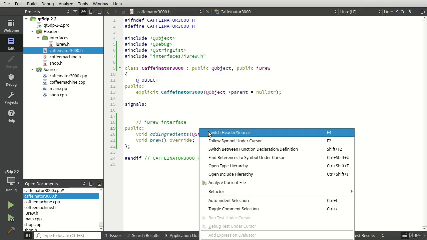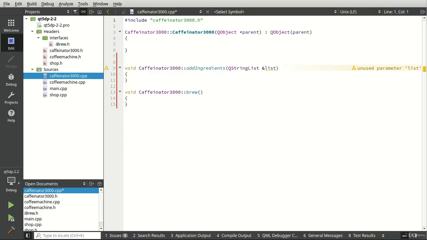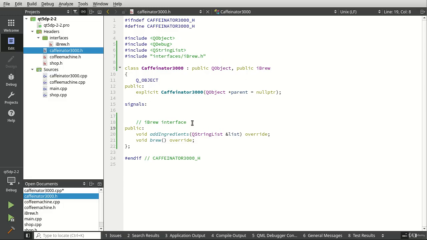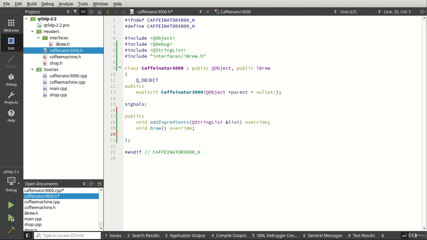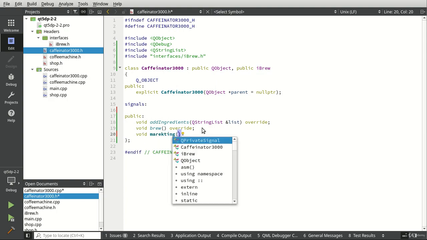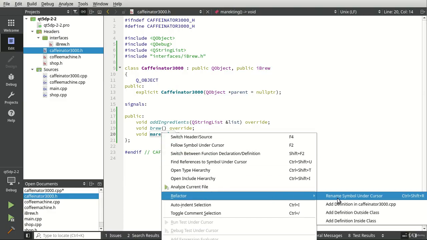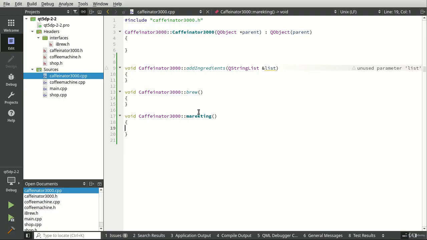Ta-da! Switch between our header. And let's go ahead and let's say we want to do some shameless marketing. Let's flip back here. So we're going to just say, get rid of this iBrew interface. I personally am not a fan of marketing. I don't like marketing people. I hate it when they call me and want to extend my car warranty, that kind of thing. But the Caffeinator 3000 has a huge